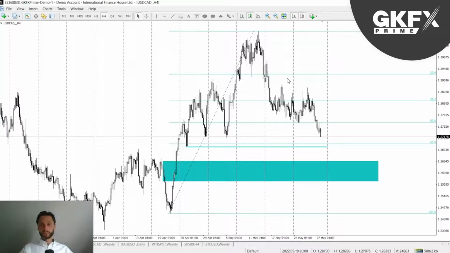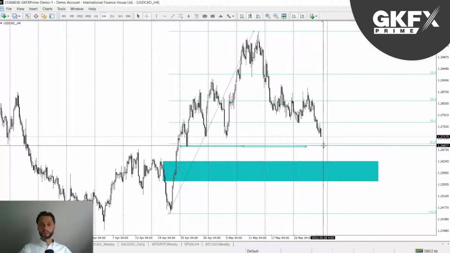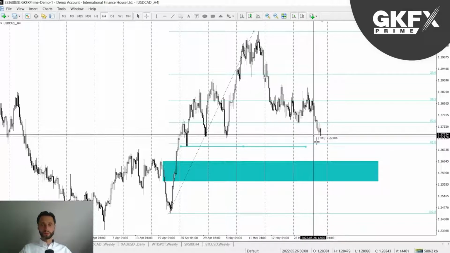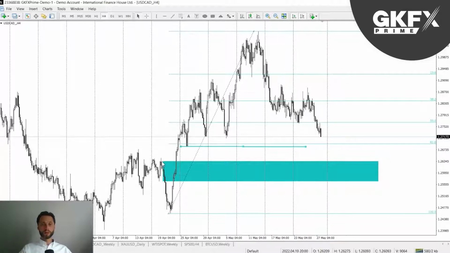So you may have taken that, or you may have not. However, I'm still looking at this being a continuation of bearish price action. And the reason for that, again, got this fib here. We've gone beyond the 50% retracement and looking to come down into this level right here where I've drawn this line. And that will be about the 61.8, and possibly even lower down into this zone where we've got the